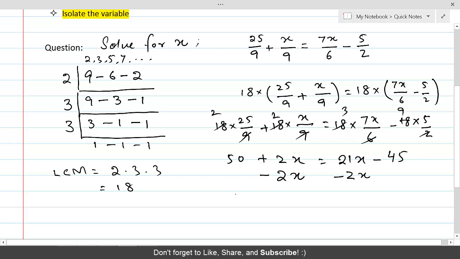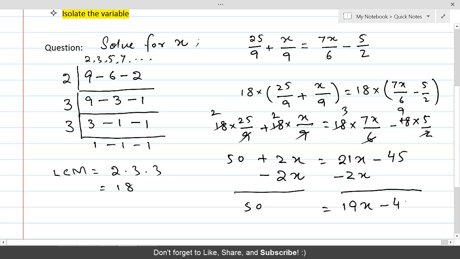So that will cause the transfer of x from this side to the other side by adding the additive inverse. So what we will get here is 50 equal to 21 take away 2 will give us 19x